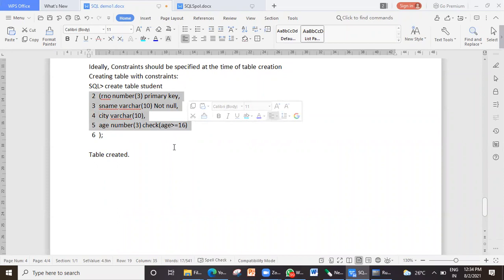Which field can be given null? Yes, name. S name, no. S name will not accept null value because I have given the constraint not null. And even roll number will not accept null value because by default primary key will take care of not null values. Primary key will not allow null value. So I can give null values, null in the sense blank values, to which all fields?